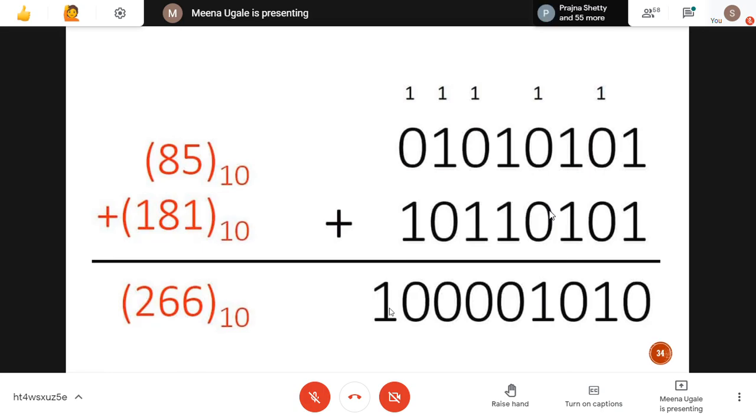In the same way, if you want, for your practice, you can take any 2 binary numbers or you take any 2 decimal numbers. You know the decimal answer of the addition; convert it to binary, do the binary addition, and see your final answer is getting equivalent decimal value or not. Just for your practice, if you are interested, you can try 1 or 2 sums. You can create any 2 sums examples yourself and you can try it for your practice.